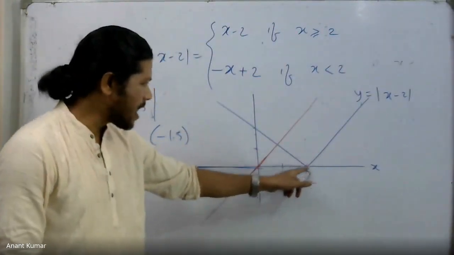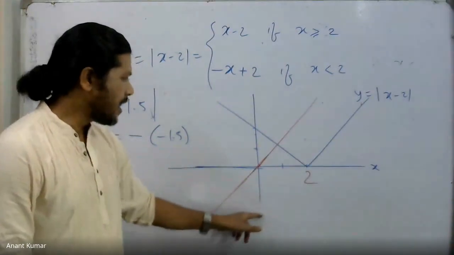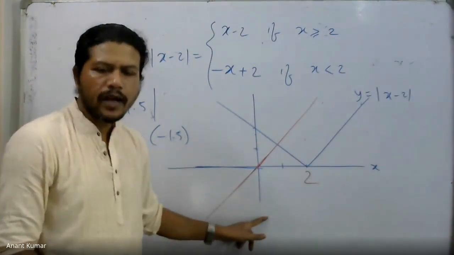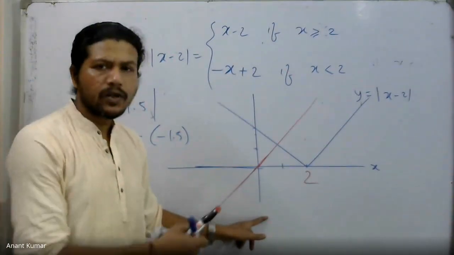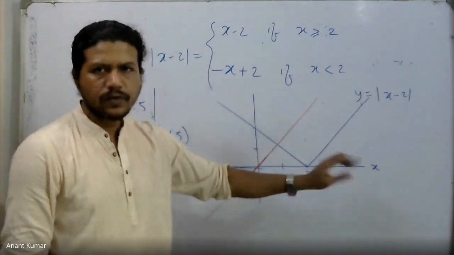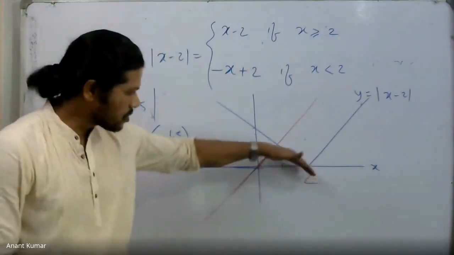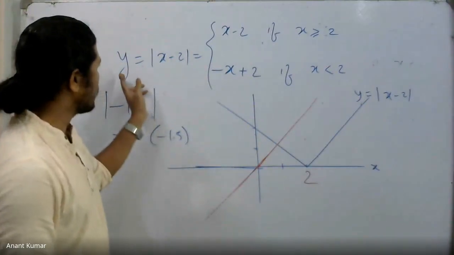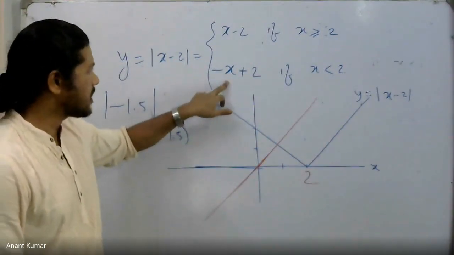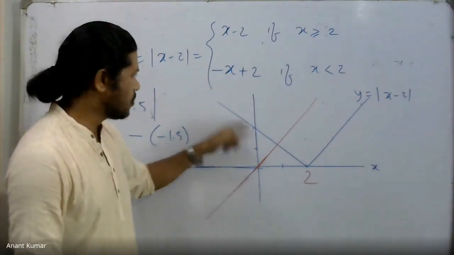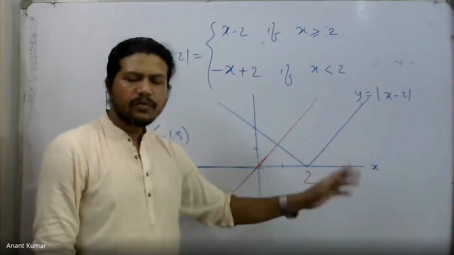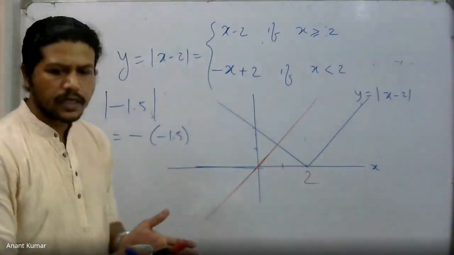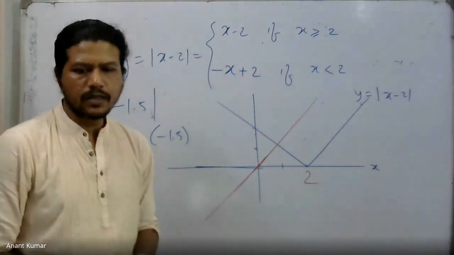So if I had drawn the entire line, it would have gone down and intersected the y-axis at the point y equal to minus 2. But I have to take only that part which is to the right of 2. Therefore, I remove that portion which is on the left side. Fine. Similarly, on this side, if I take the other definition, y equal to minus x plus 2, there's a downward slanting line. Intercept is 2. Again, I remove that part which is to the right of 2. Is it okay? That gives us in this case this mod function.